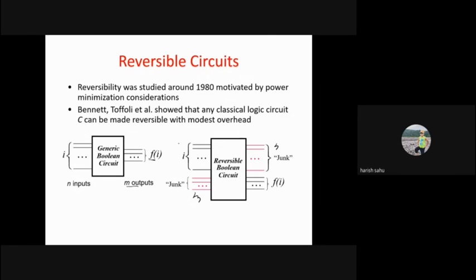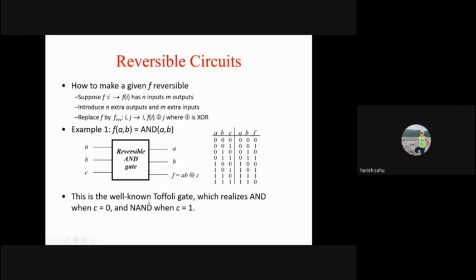So originally it was n bit input and m bit output. But to make it reversible, if we add these extra bits, n bits at output and m bits at input, then we can make the classical circuit reversible. And once we have a reversible version of this classical circuit, then we can implement it in a quantum computer, because the condition for a quantum circuit is that it should be reversible. The example has also been given for this.